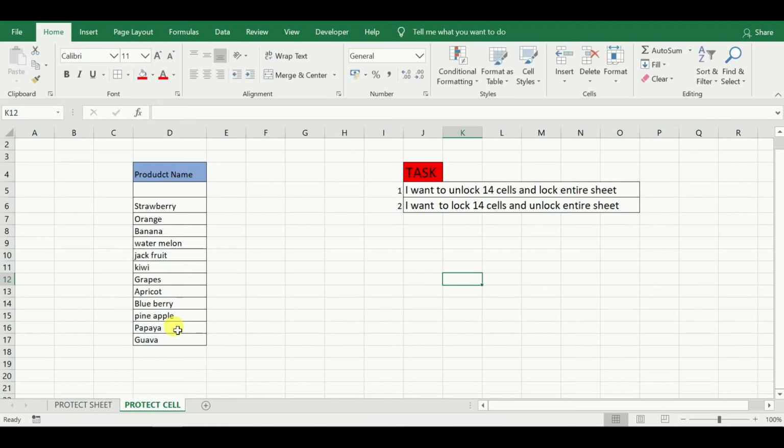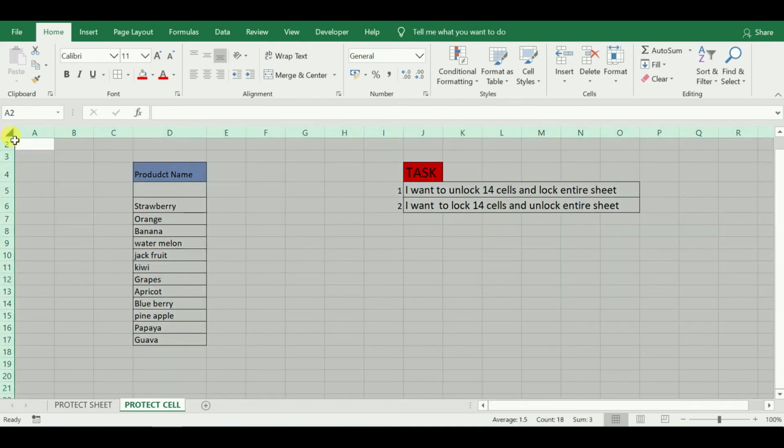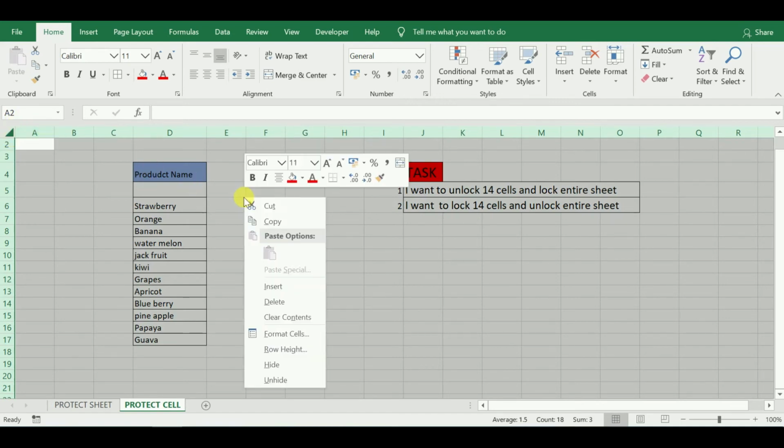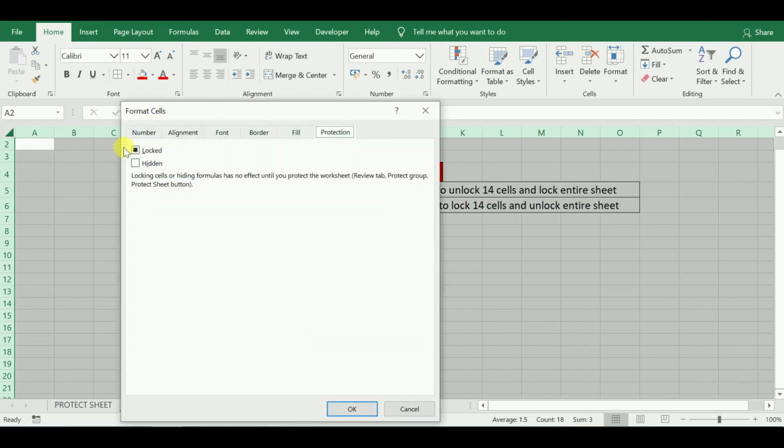After unprotecting the sheet, now select the entire sheet. After selecting the entire sheet, now I'll unlock all the cells by right click, Format Cells, unlock, and then click on OK.